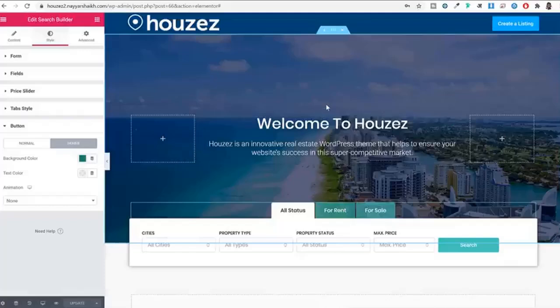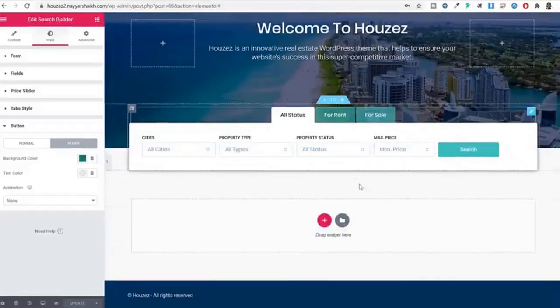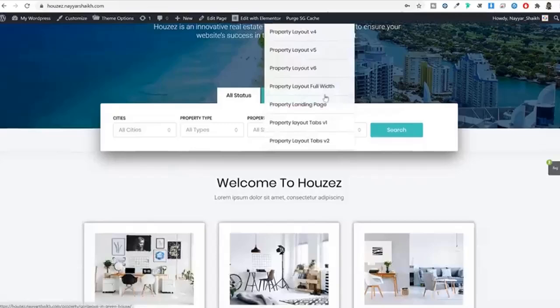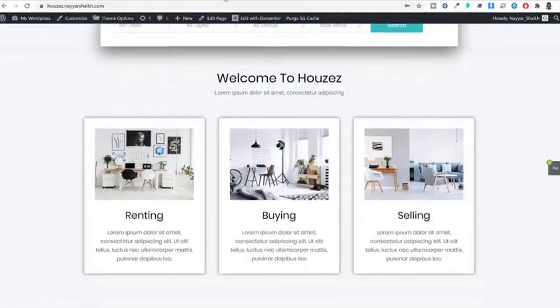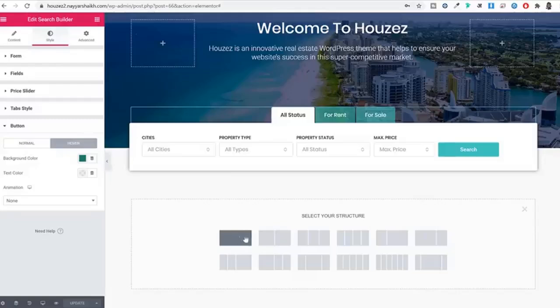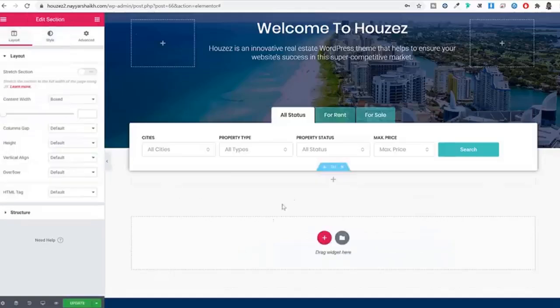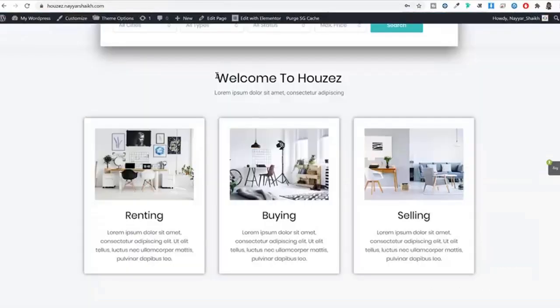Now let's start creating the second section. Alright guys, now to create the second section, we'll have to add another row. So click on this button, add new section, and let's see how many columns we need. We just need one column for now, and after that we'll add multiple columns. So for now, just select this first option, single column, and in this we want to add this title and